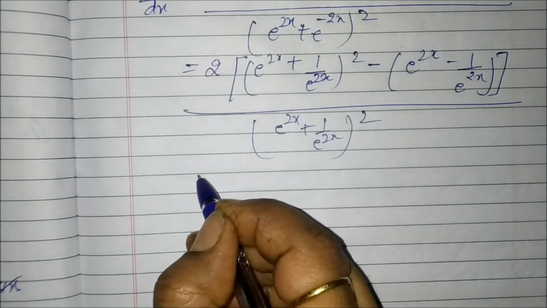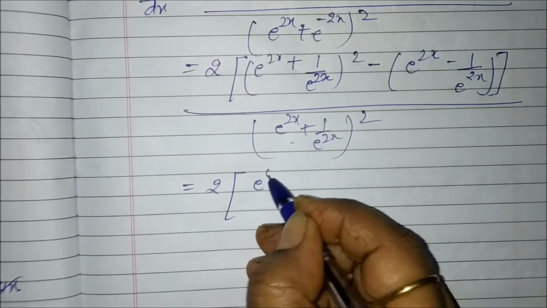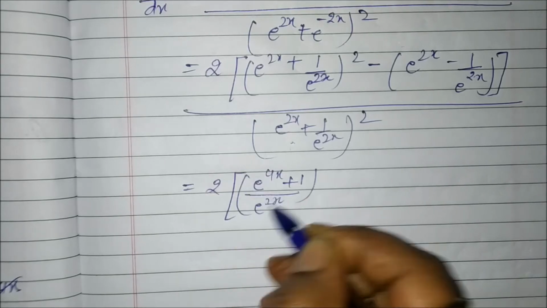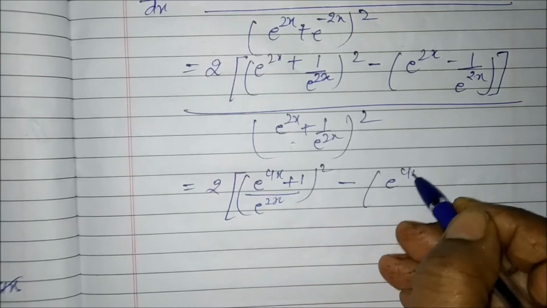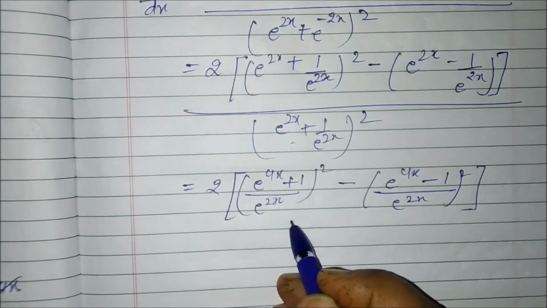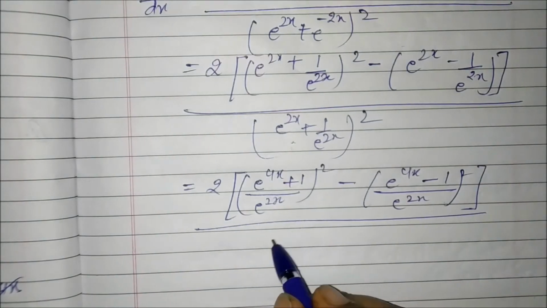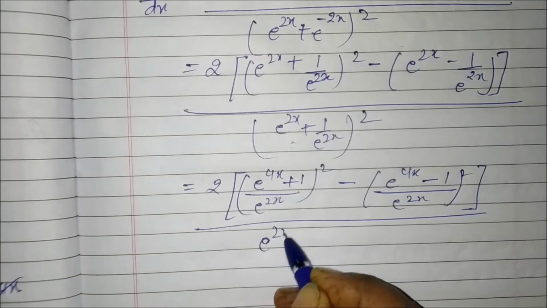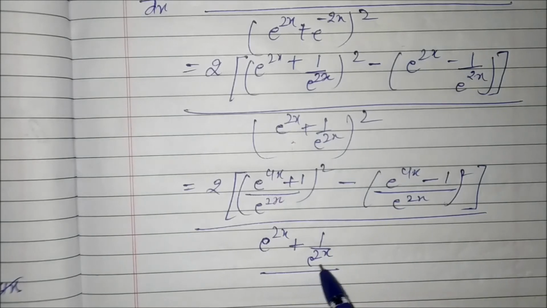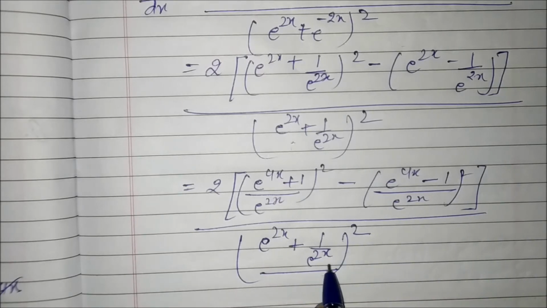Okay, now here take the cross multiplication, we get (e raised to 4x plus 1 upon e raised to 2x) whole square minus (e raised to 4x minus 1 upon e raised to 2x) whole square, upon (e raised to 2x plus 1 by e raised to 2x) whole square. Okay, so